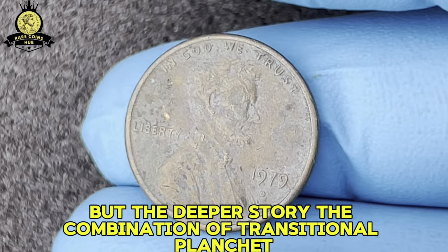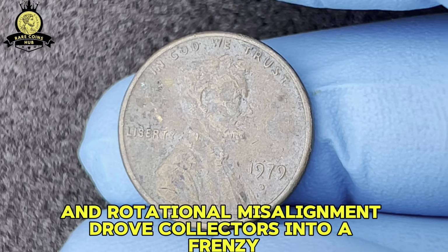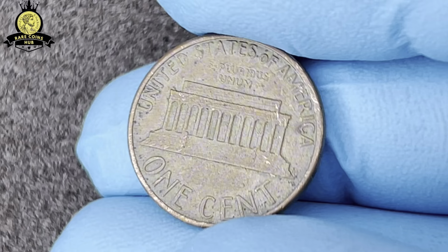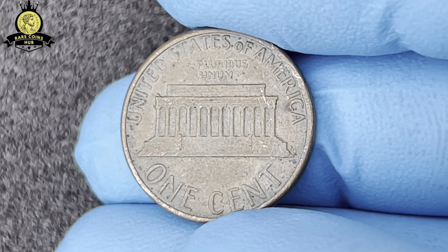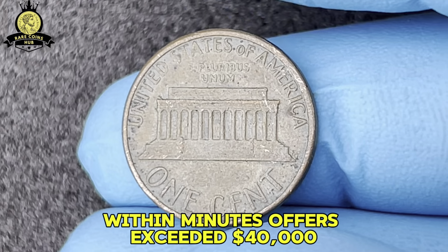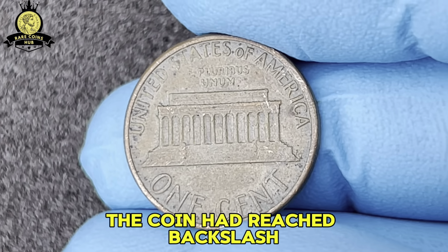But the deeper story, the combination of transitional planchet, precise double strike, and rotational misalignment, drove collectors into a frenzy. Bidding began modestly, then leapt. Within minutes, offers exceeded $40,000. When the final bid was accepted, the coin had reached